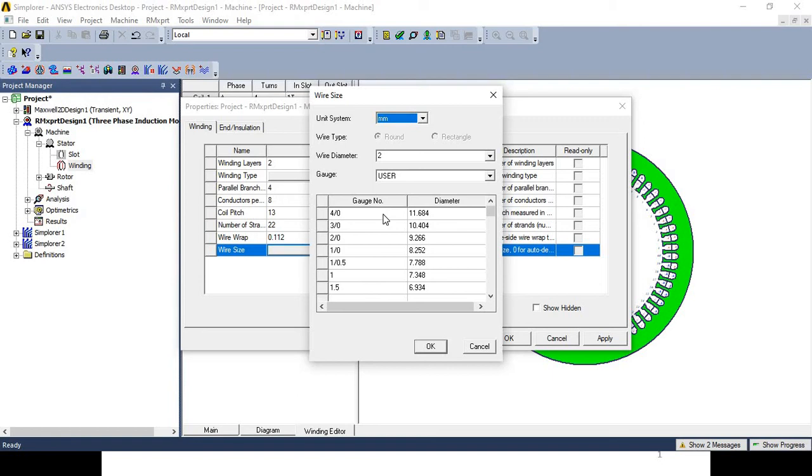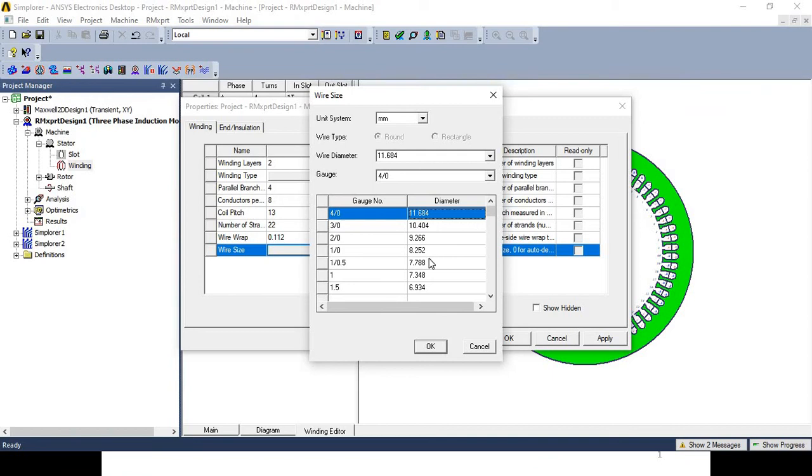If you select the 4 gauge number, that means the diameter of the wire is 11.684. If you select the 3 gauge wire, diameter is 10.404. If you select the 2 gauge wire, 9.266 diameter. Similarly, for 1 gauge, it is 8.252. For 0.5 gauge, it is 7.788 mm diameter.